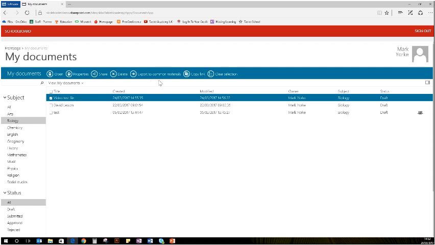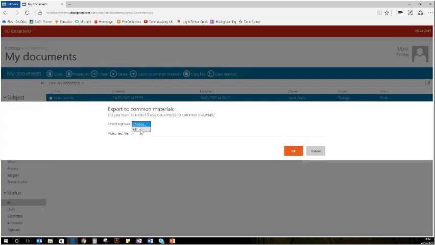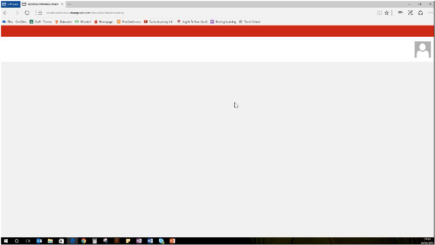What I'm going to do in this scenario though is I'm going to take that file and I'm going to say export to common materials. I will then choose the class that I'm going to teach, 4B, and click OK. Now what that is doing is it's going to take a copy of my document and it's going to place it in the common materials folder for my class. So I will jump back to the front page here,